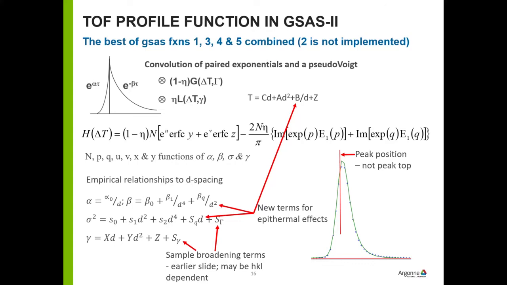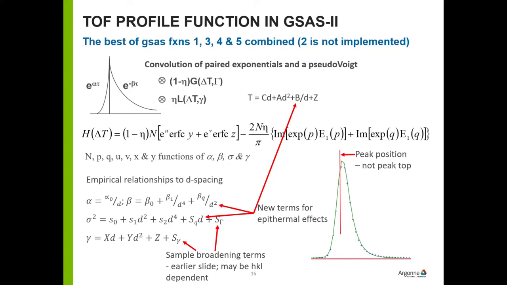Now, the thing that's different about it is that you have all that stuff that you had before, except it's now convoluted with this thing, which is a description of the pulse from the neutron source. You have a sharply rising exponential followed by a slowly decaying exponential. Now that's convoluted with the pseudo-Voigt. And the resulting convolution is this horrible function here,